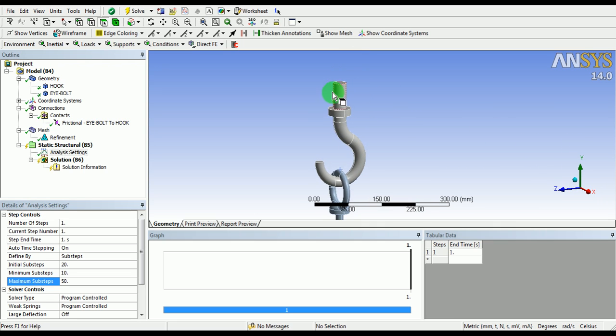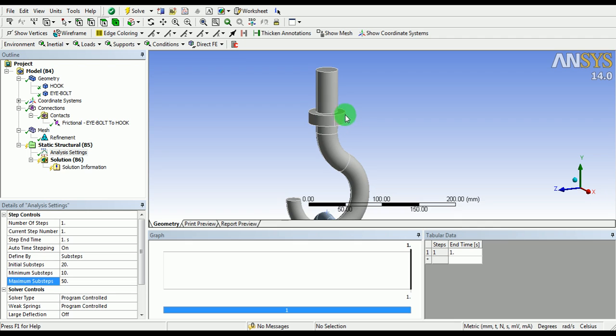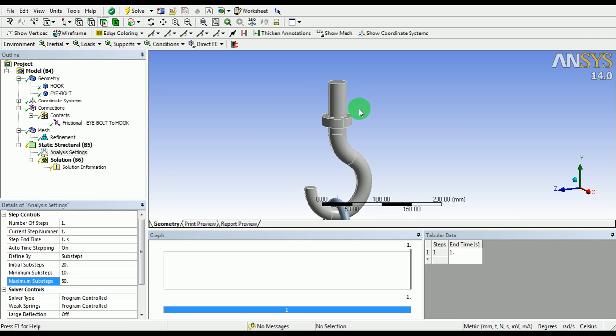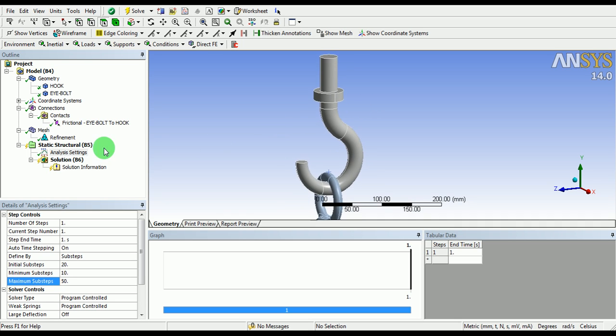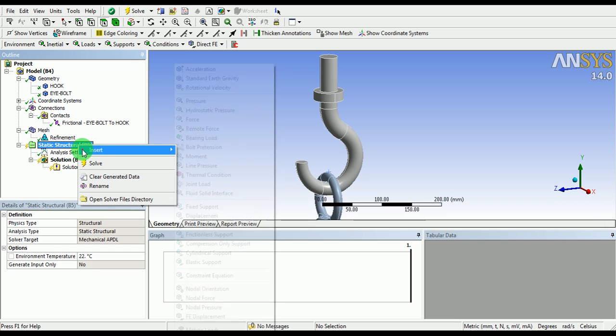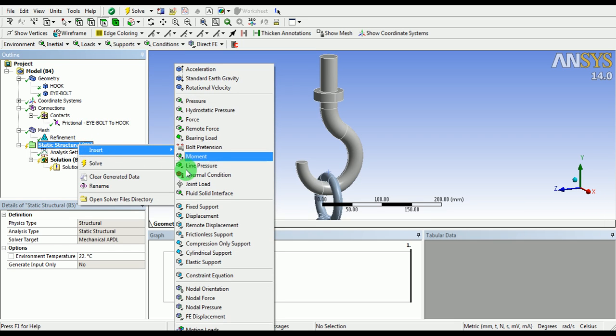Since the eye bolt is fixed in all degrees of freedom, no further definition of constraints will be required. In the case of the crane hook, even though the force is applied, apart from that, a displacement constraint needs to be applied to define the direction of displacement. Right click on the static structural, insert, pick on fixed support.